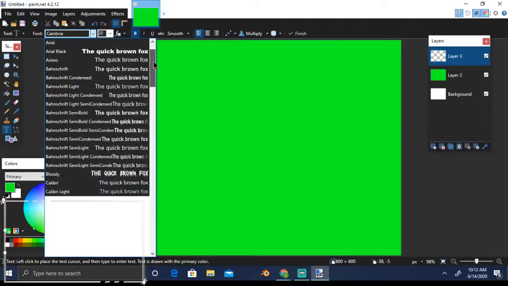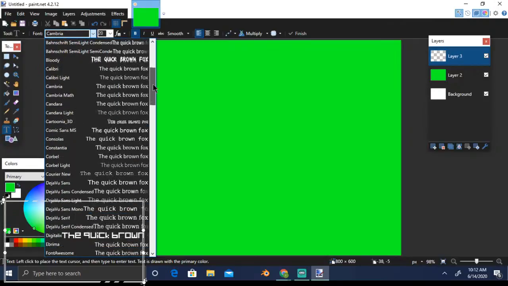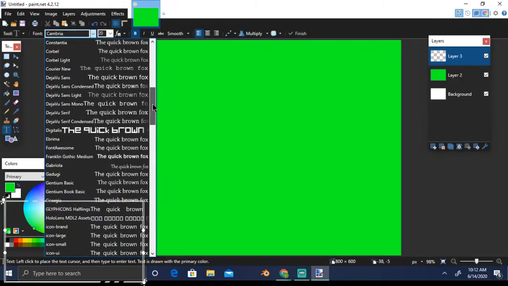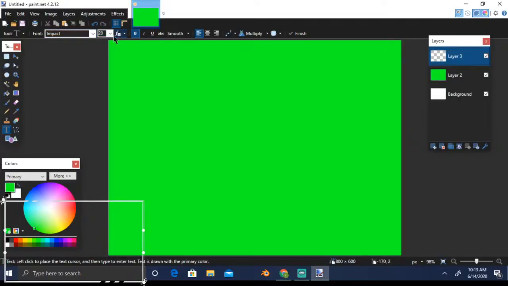There are a lot of options on the text. I can select either Arial Black or whichever font you like. I normally use Impact, and then I select a big number. Let's say I select 60. You can change the size directly by typing it here. Why is it not visible? Because my font color is the same as the background color. So let me change it to black and white.